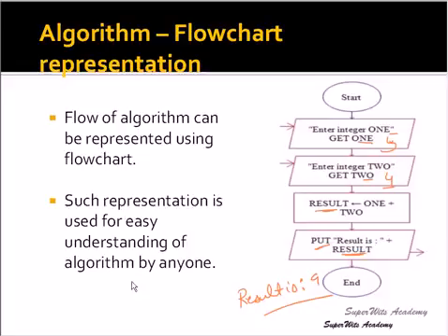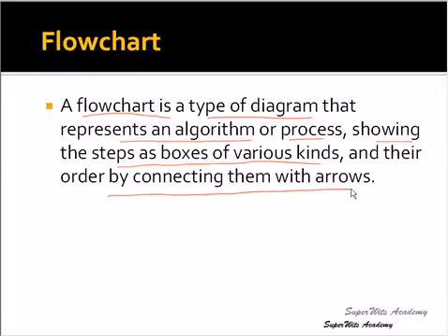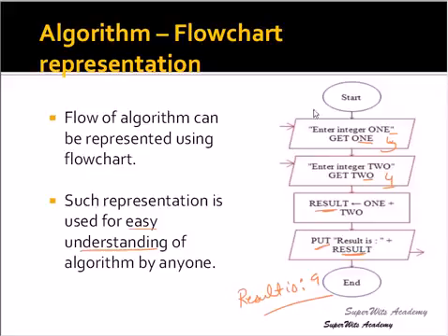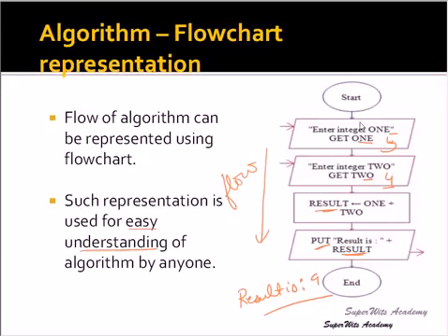So this flowchart is basically the flow of an algorithm represented using a flowchart. Such representation is used for easy understanding of an algorithm by everyone. So this makes understanding easy. That is a very important point. Now the next thing is the flowchart. If I talk about the technical definition, flowchart is a type of diagram that represents an algorithm or process, showing the steps as boxes of various kinds and their order by connecting them with arrows. If I consider this particular diagram, it has a flow. Next it says it represents the algorithm or process. Definitely this flowchart is representing an addition process,